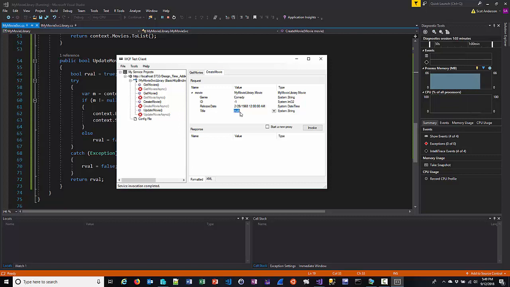Let's do the great, I know that's not right, but the great race. Okay. And then I can go and invoke this, and it returns to me this value here. It returns a movie, and it gives me the ID that I can tell what it was. Okay, so then if I go back to my get movies and invoke it again, I have two of them,